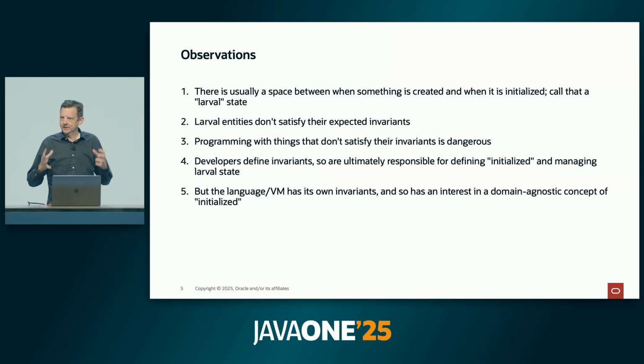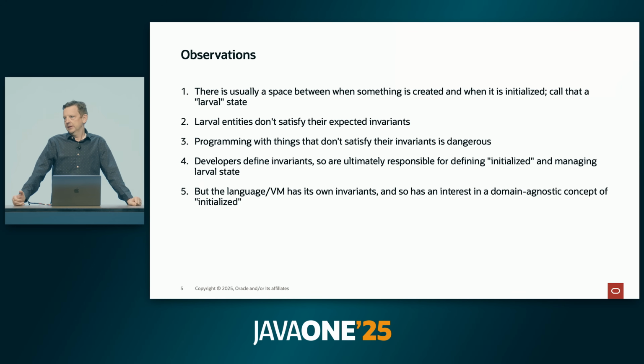Programming, in a lot of ways, is about creating this house of cards of different components. Each one has its invariants, and when they all do what they say they do, everything works together. But if one of those cards is taken away, the whole thing kind of falls apart. And so working with larval entities is something that you need to be very careful with.